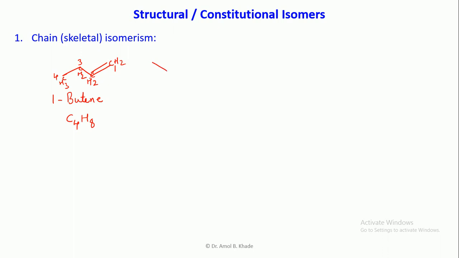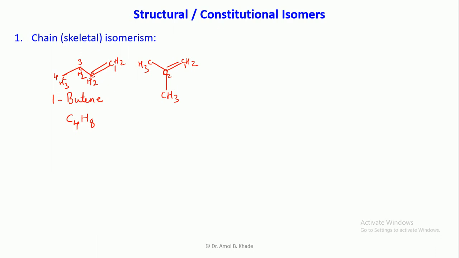Now you can have another isomer for this compound. This compound can also be arranged in this way. There is a double bond. We are not changing the functionality, that you should keep in mind. So in chain isomerism, the functionality is not changed, and even its position is not changed. Here the double bond was present at carbon 1 and 2, so here also it is present at carbon 1 and 2. So I have attached one substituent here. This is CH3, then this will be C. The carbon valence is completed here, and this will be CH2.